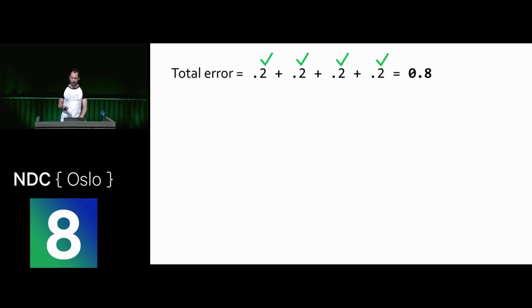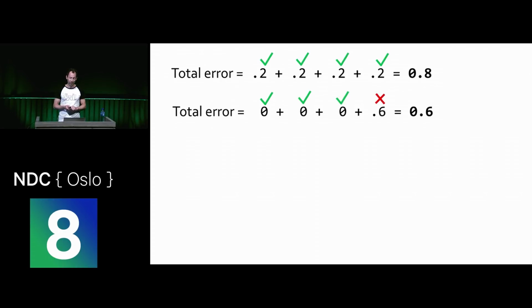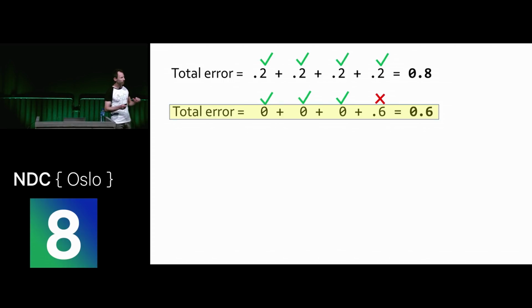Imagine another scenario now. For the first 3, the error is 0, but for the last one, the error is 0.6. So now it's got one of them wrong. But look at the total error. The total error is lower in the second case. So if we program the machine to minimize the total error across all training samples, it's going to favor that second outcome over the first outcome. Right? It does exactly what we tell it.